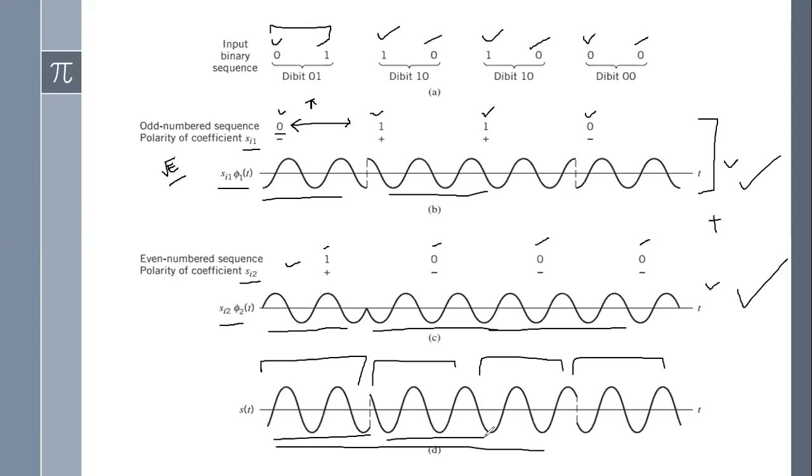Suppose I want to transmit 256 bits at a time, how can I draw 256 bits at a time? It is not possible. You cannot even write 256 bits on the paper, then the next 256, then multiply with different basis functions and draw the diagram. That's why to represent these bits, we always use the signal space diagram. That is the beauty of signal space diagram. It makes our job easier, and helps us understand that these are the bits that I have transmitted and these are the zones where we can recover them. Clear, everyone?